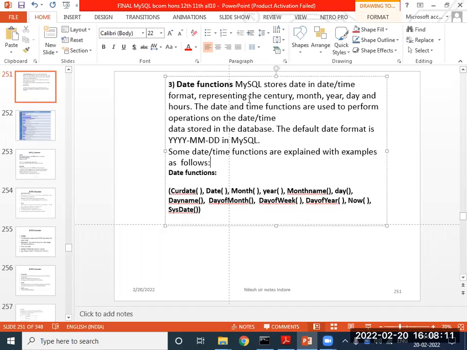Date functions are the functions which represent dates, like year, month, day, hours. Everything will be displayed. But the default date format in MySQL is YYYYMMDD. That is the most important thing,